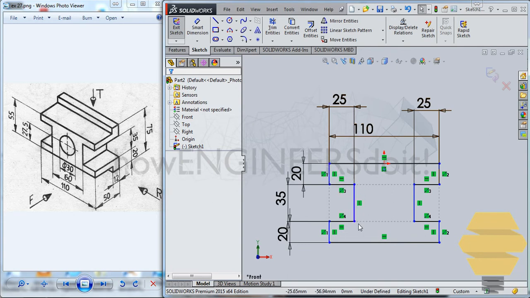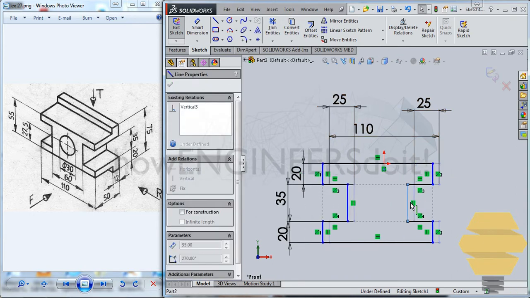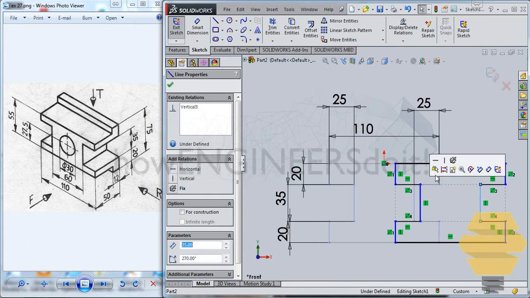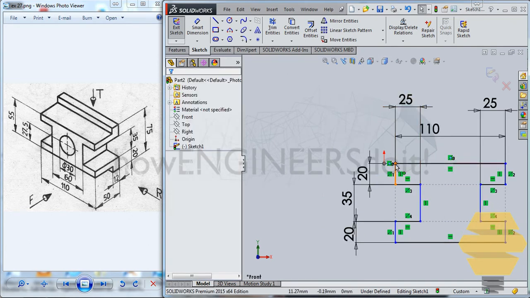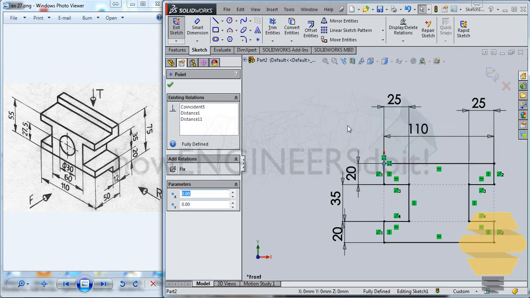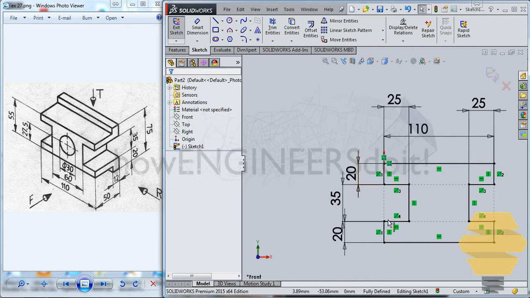As we can see that the sketch is partially blue. So let's double click on the escape button and just try to move the sketch. So as you can see, that sketch is moving. You can fix the sketch by just clicking on this point here, dragging it and keeping it on this origin. So now you can see that the sketch completely turned to black color. That means that the sketch is fully constrained. You can exit the sketch here,